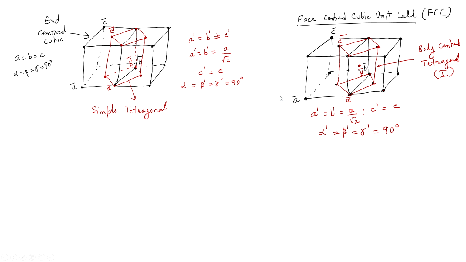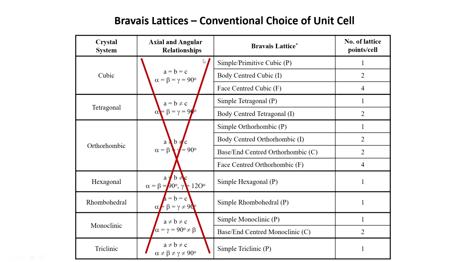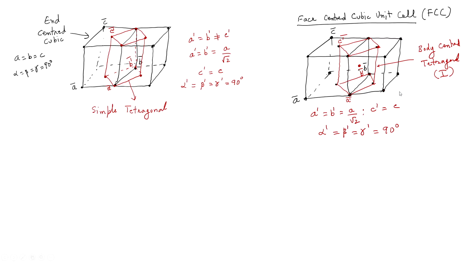And taking a third example, just to take the point home, in all of these lattices, whether it is cubic or monoclinic or hexagonal, all the 14 Bravais lattices can be represented by some primitive unit cell as well. Let us take an example of that.